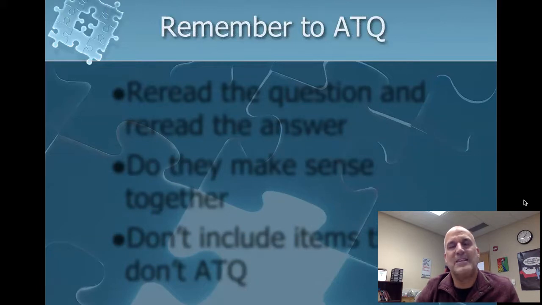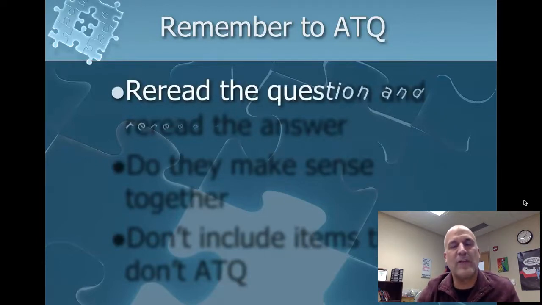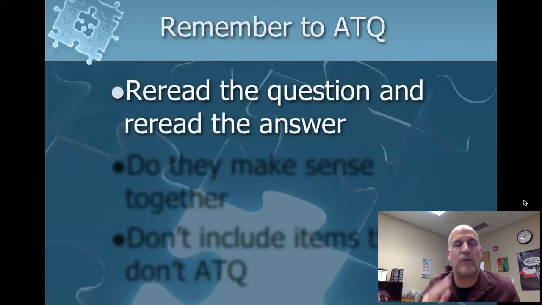Remember to ATQ. This is answer the question. So when you are done with your essay, you want to reread the question and then reread the answer to make sure it is addressing everything that's been asked in that essay. So reread it and say, okay, there were 3 parts to it. I have 3 parts in my answer. Or if you say there are 5 parts, I only have 4 parts, I'm missing one, then you have to